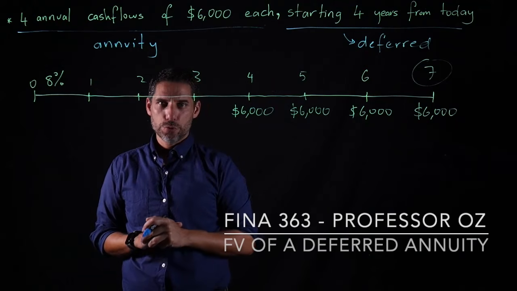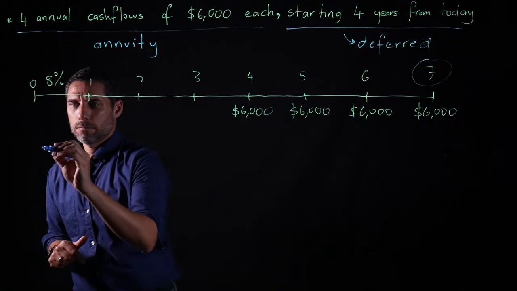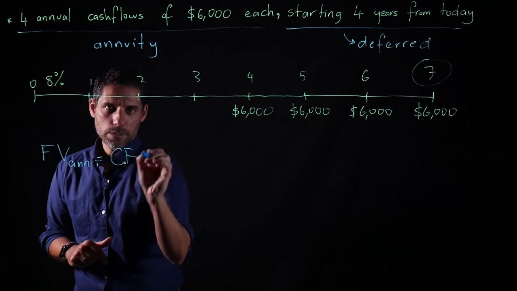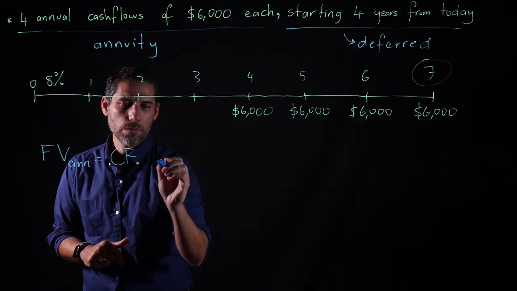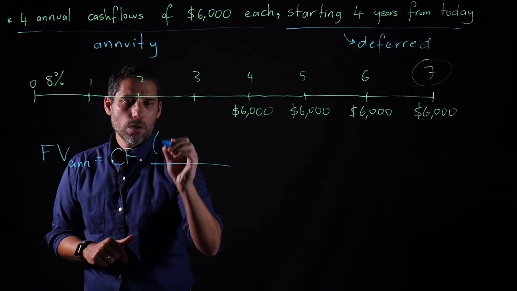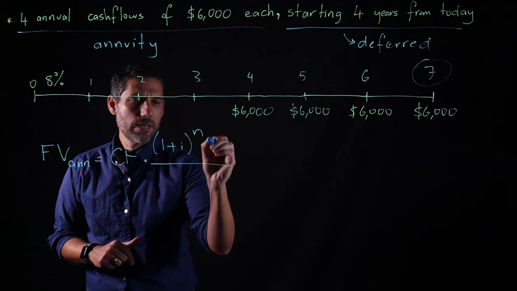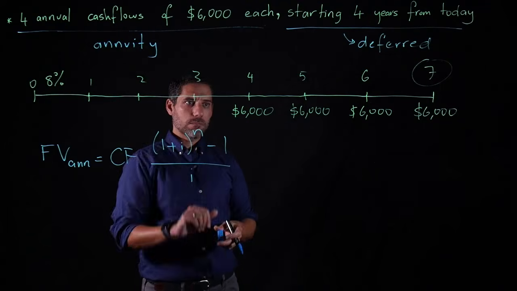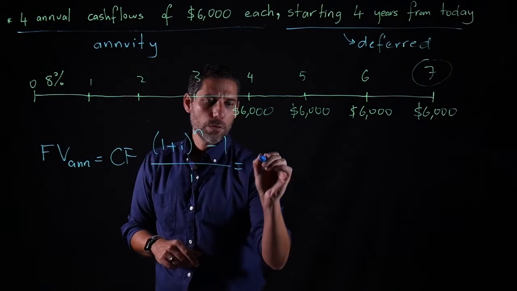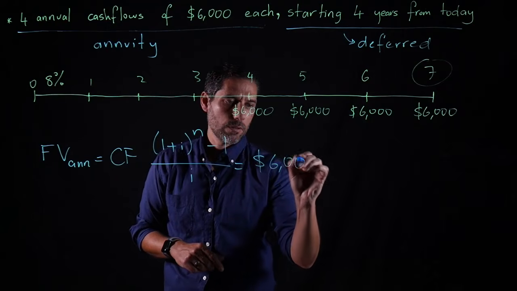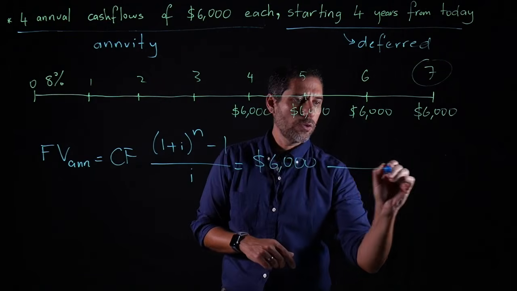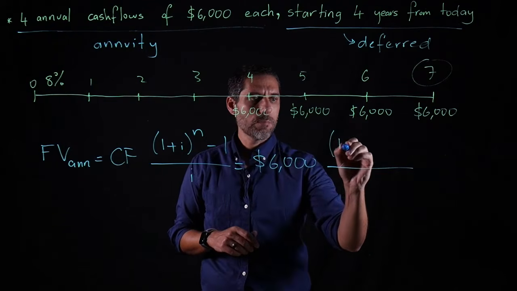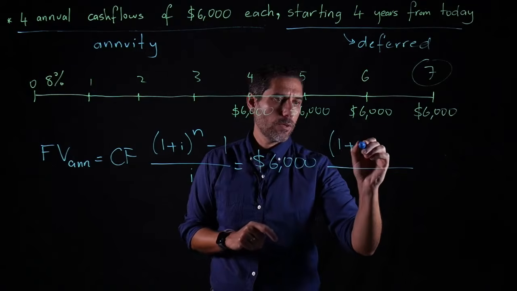Let's remember our future value of annuity formula. Periodic cash flow times 1 plus I raised to n minus 1, divided by I. Right, so let's plug the numbers in. What's our periodic cash flow? It's $6,000. All of this is annual, so we don't have M anywhere here. So times 1 plus I, which is 0.08,